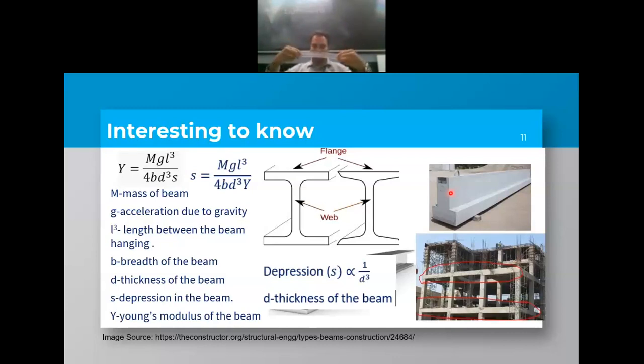So if I increase the thickness in this direction, this one will not depress in this direction, but it will depress sidewise. You see, this will depress like this. So in order to reduce the depression in both directions, the X and Y,